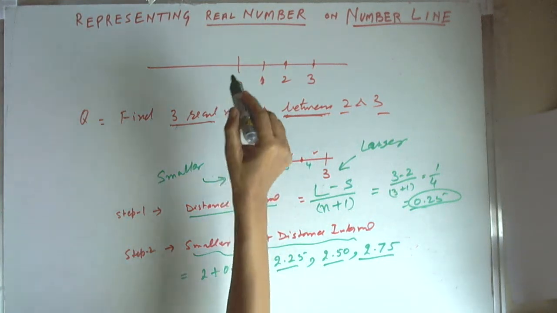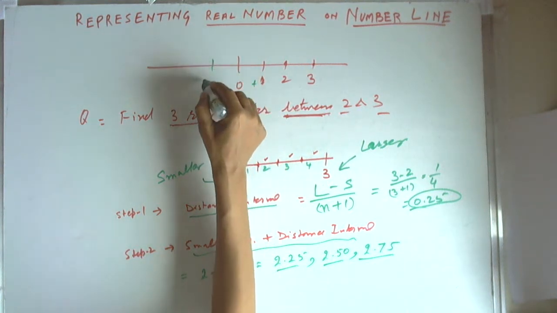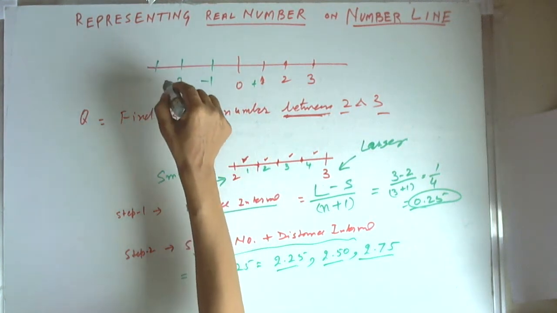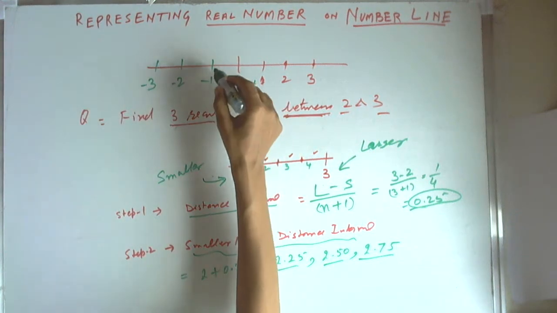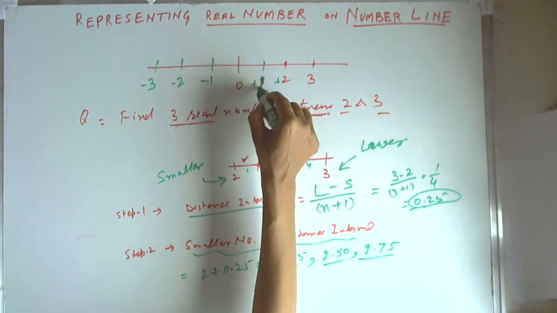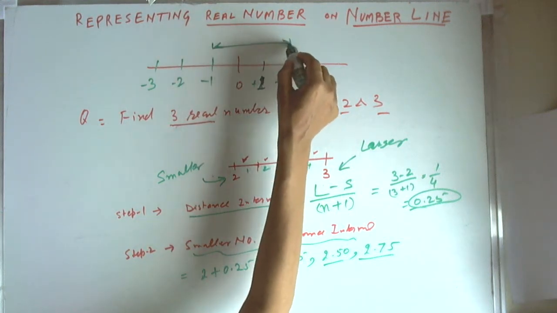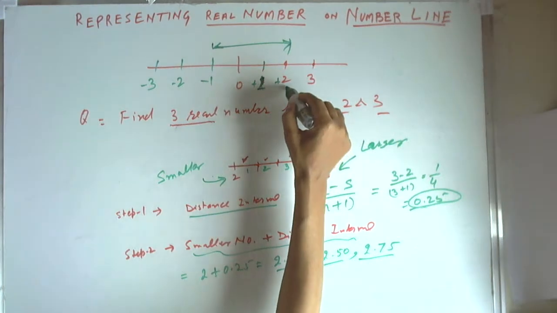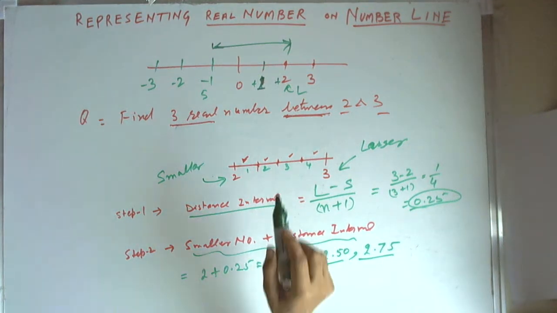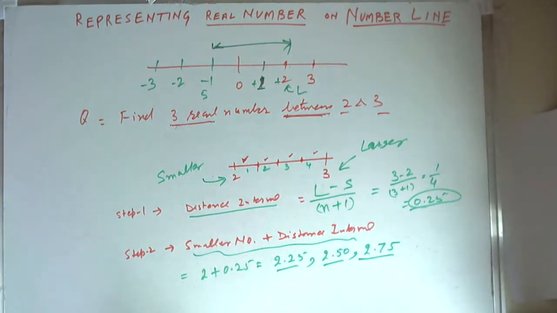But suppose someone asks us to find numbers between plus 1 and minus 1, then we have to be careful. Like this is minus 2, this is minus 3. Suppose someone says minus 1 and plus 1, or minus 1 and plus 2. In this situation we have to be a little careful, and see which is the larger number and which is the smaller number, and accordingly apply the formula. The total distance, because of the minus sign, will actually become plus.